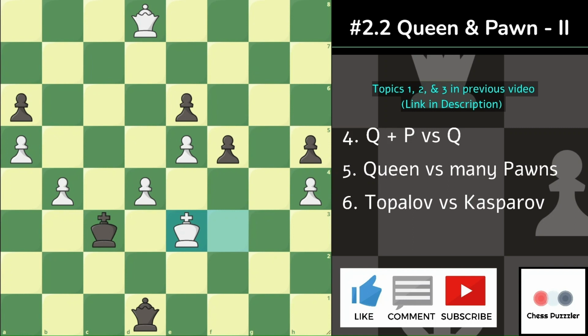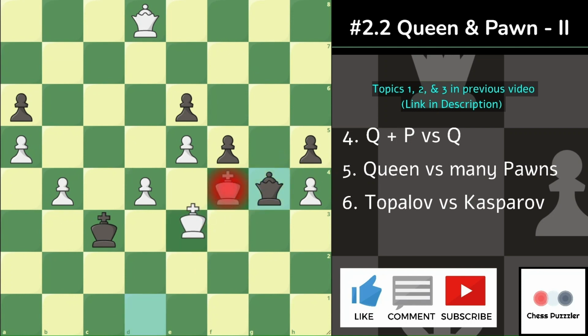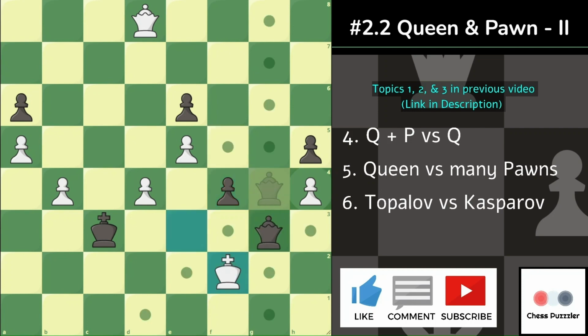White obviously could not step forward with his king by playing something like king f4, because then we have queen g4 with the check, king e3, and then f4. So this is exactly what black is trying to do. And if Topalov allows Kasparov to make such a move, then the game is going to be over much, much sooner. Because once again, come on, it's Topalov, right? And this will be followed by king f2, queen g3, king f1,